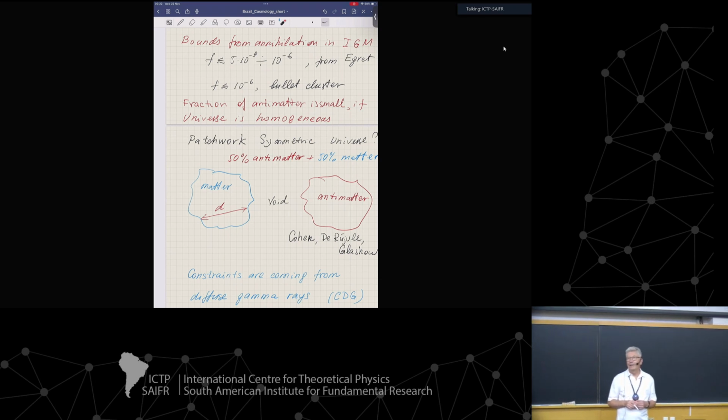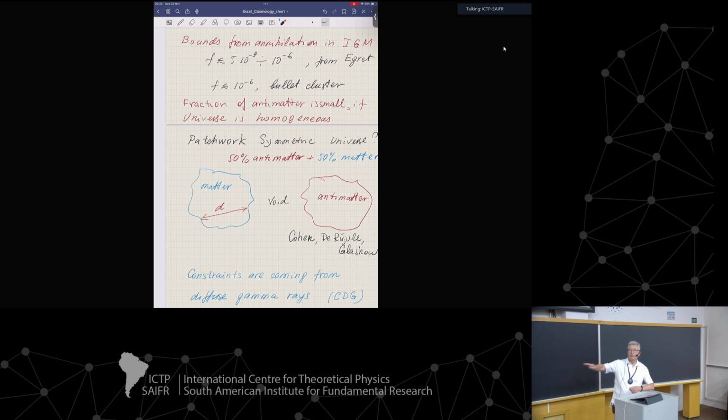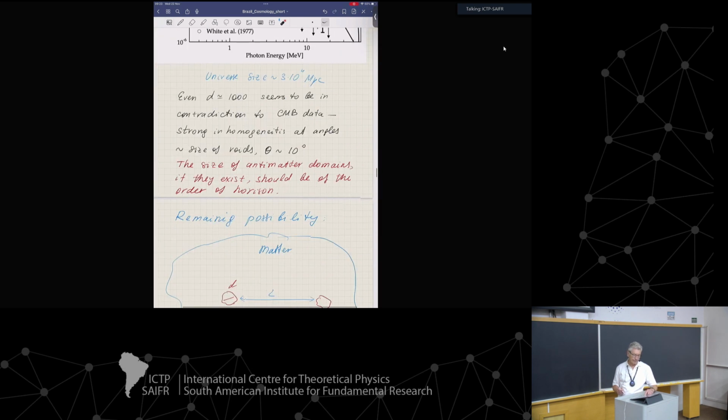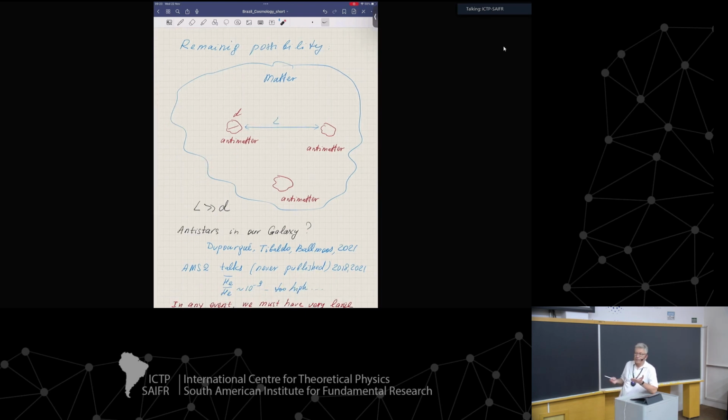How did it happen that a huge space of the universe is occupied by matter and another huge space is occupied by antimatter? So the question would be even more complicated than explaining the baryon asymmetry of the universe, which is homogeneously distributed over space. Okay, so the remaining possibility would be that you have matter almost everywhere,